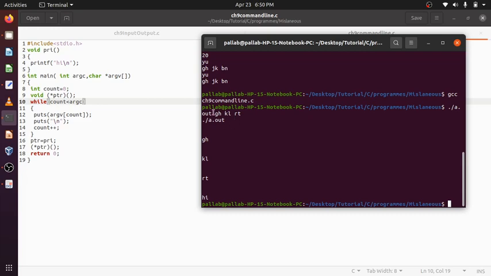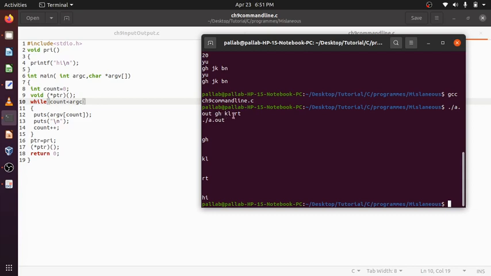Whenever we want to pass some value to the main function itself, previously the main function was not taking any value, but if we want to pass, how can we do that? Through argc and argv. Whatever we give after a.out, gh, kl, rt, will be taken as argv and argc. Argc is the number of values we give.